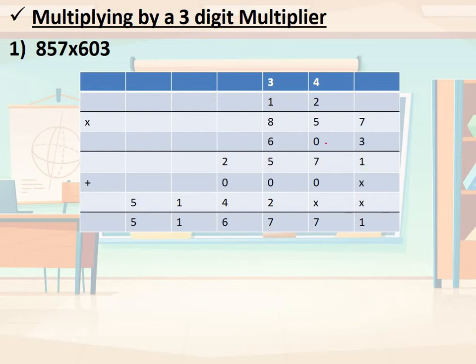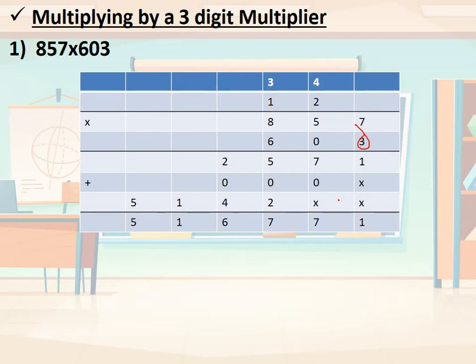So 3 7s are 21, 1, 2 over here, 3 5s are 15, 16, 17, 7, 1 over here, 3 8s are 24 and 25. Okay, 3's work is done, 3 is gone. Here we will write x. 0 multiplied by any number, it gives 0. 0 multiplied by 7, it will give you 0. 0 multiplied by 5, it will give you 0. 0 multiplied by 8, it will give you 0.